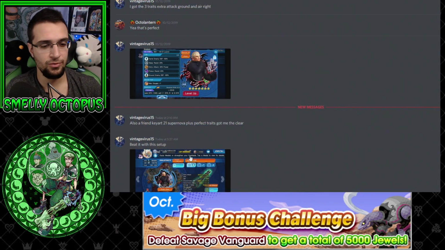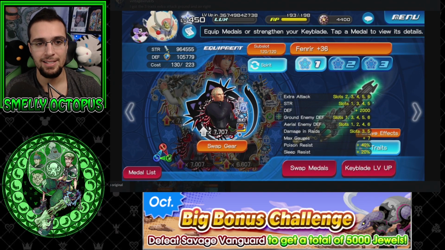Alright, strategy 1 is from Vintage Virus. He says over here he used a QR21 Supernova plus perfect traits got me the clear. His setup is a friend rear at level 36. His slots are at 7.1, 7.0, not even at the 8s or anything crazy, as you guys can see. So he's got this full setup here, and pretty much what I think he did was carry over Era's buffs. So he's got Angelic Amber copying Era, Luxord copying backwards on Era, meaning you're getting all those buffs, and he